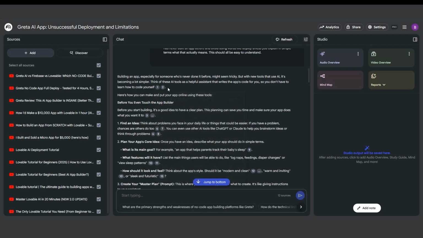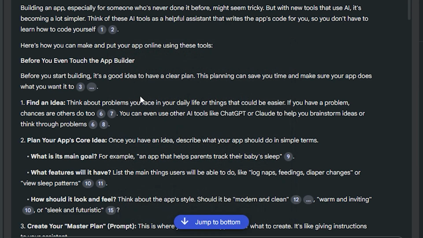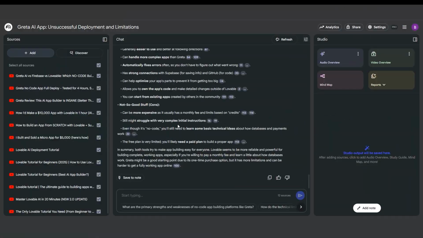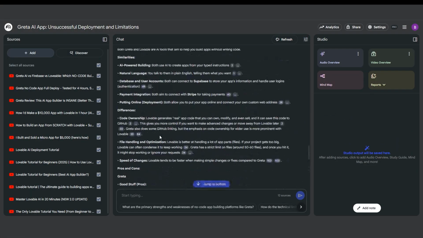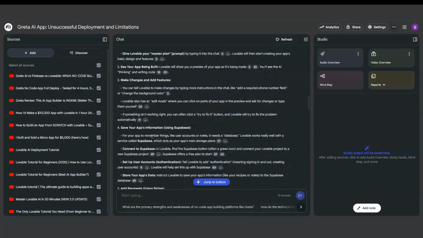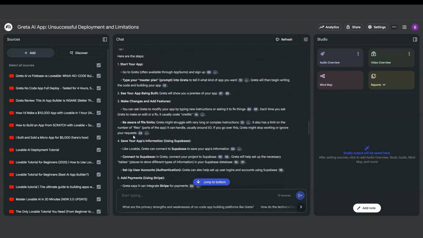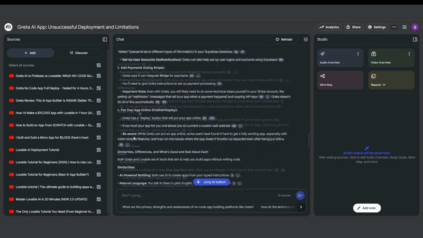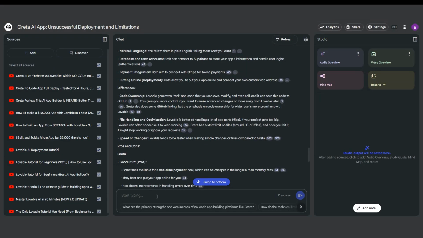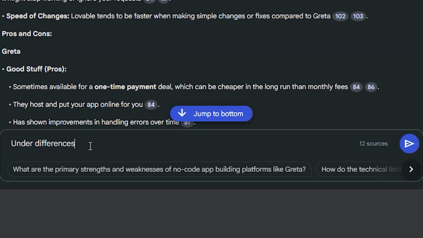And if you look here, it pulls up the part of the transcript that it's pulling from. So then what I do next is I read through all this. Any questions that I have, I ask. For example, one of the ones that I wanted to talk to it about was in the differences section. Here it says code ownership. So I'm unsure about that. So I'm going to say under differences and code ownership,